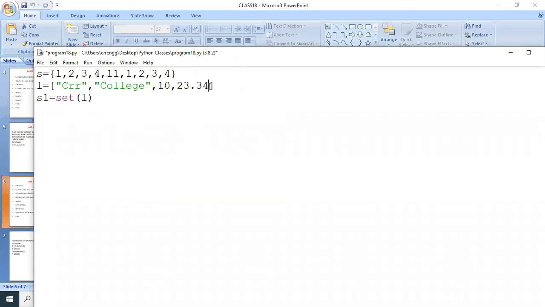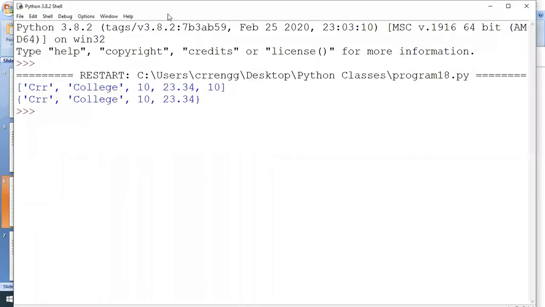If this list has any duplicates, for example 10 two times in the list, when I am converting this list into the set with the help of the set function, the duplicates are not allowed. If I print L here, and print S1, you observe that?